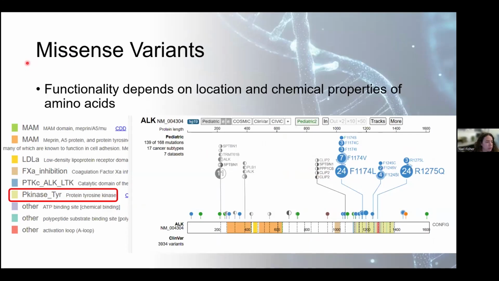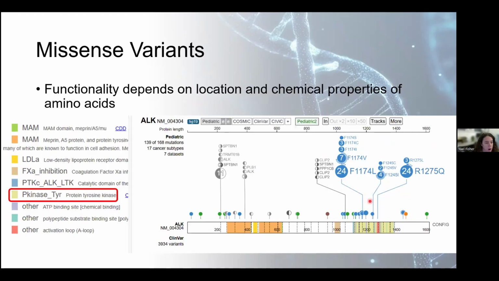If we have a true missense variant that does change the amino acid, it still doesn't mean that this will be a significant or an oncogenic change. The significance depends mainly on two things: the location of the amino acid that changed and the chemical properties of that amino acid. So if we look at the location, and this is an example of ALK, all the